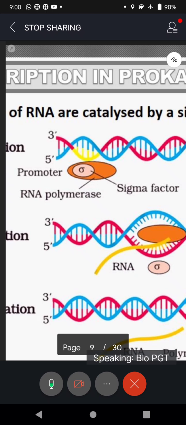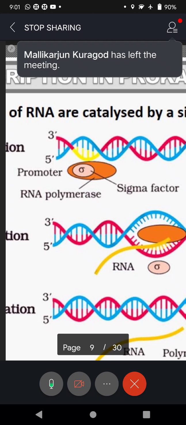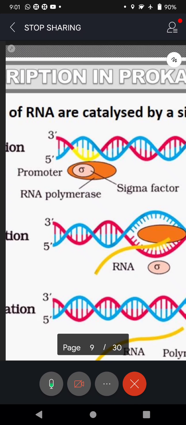This enzyme will have a factor called sigma factor. So sigma factor and RNA polymerase will ensure the process of DNA